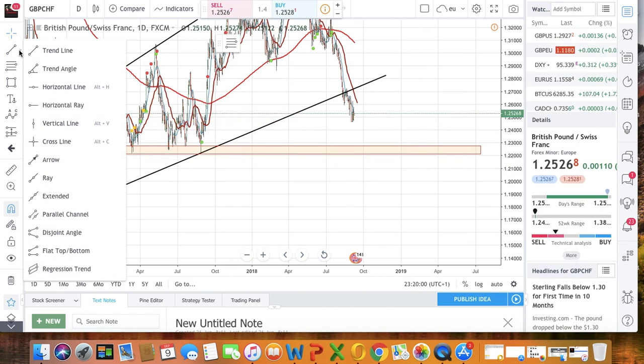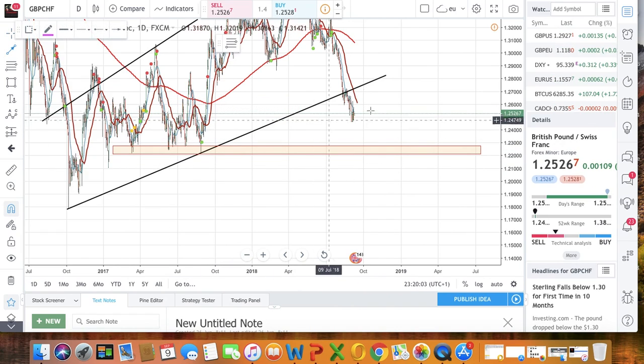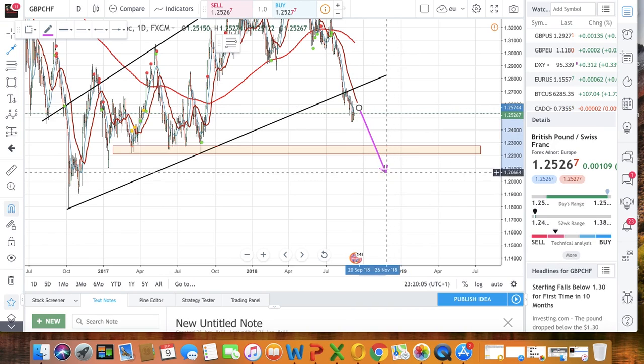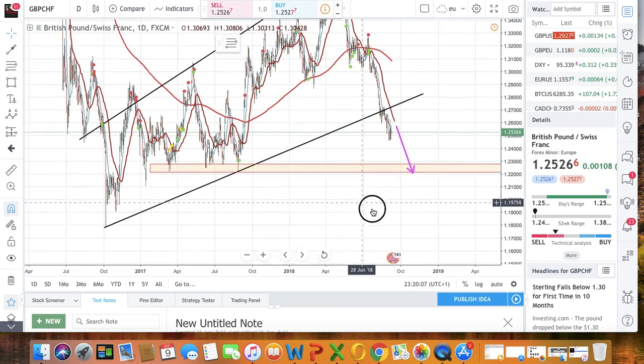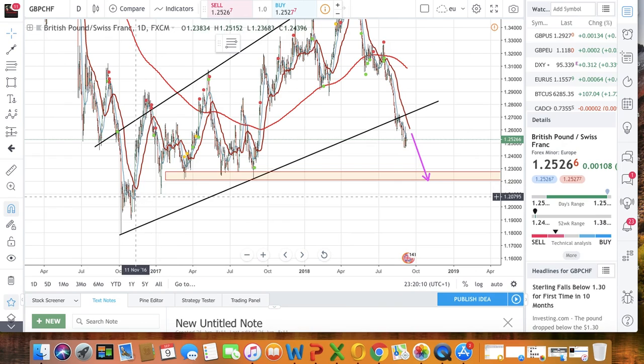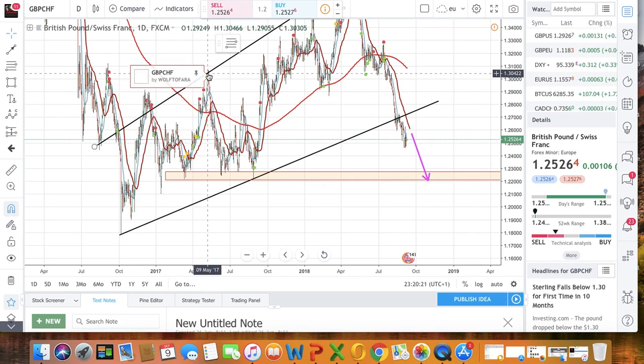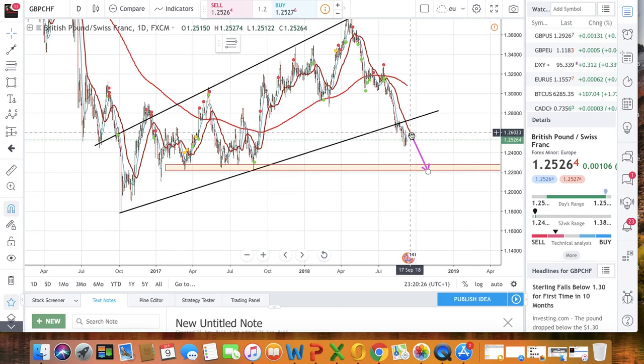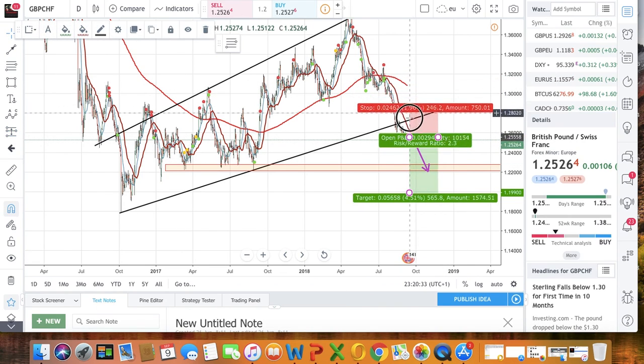GBP normally moves quite choppy, so I think this should be a pretty straight move down. You can see here on the most recent price action, within about 2 weeks, recovering literally 500 pips, and then a retracement, another 400 pips, again within another 3 weeks, covering another 400 pips. So it's quite realistic to think that this is just going to drop straight 300 pips pretty much from the market open. So GBP Swiss franc,